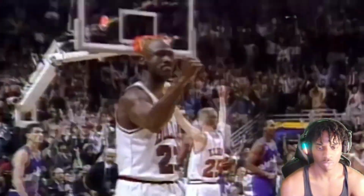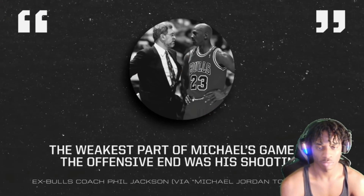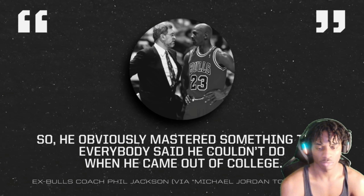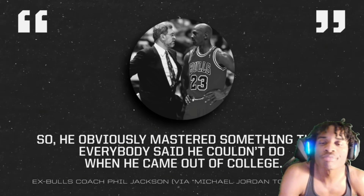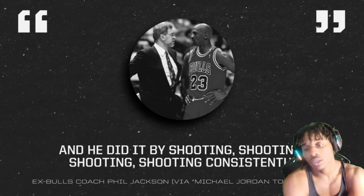Years later, Phil Jackson, who witnessed Jordan leverage his maniacal work ethic to transform from a rim-attacking leaper into one of history's best late-game marksmen, said this: "The weakest part of Michael's game on the offensive end was his shooting, so he obviously mastered something that everybody said he couldn't do when he came out of college. And he did it by shooting